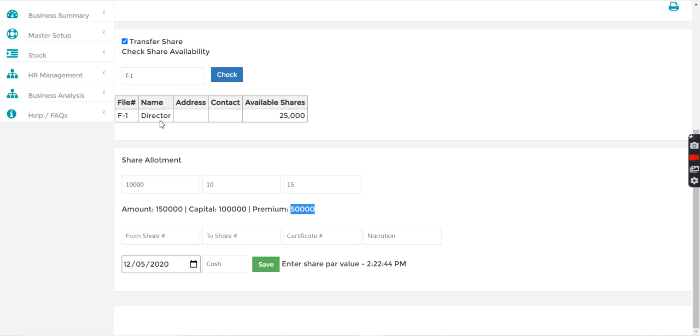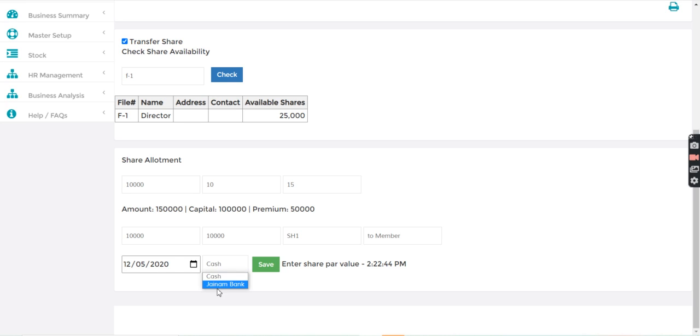Here I will just write down 10,000 shares, here is H1 certificate, to member.